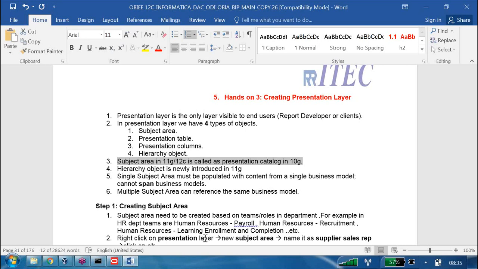Similarly, if I say human resource absence, here absence is the subject. Under the human resource absence subject area, whatever presentation tables or presentation columns you take have to talk about employee absence, nothing else.